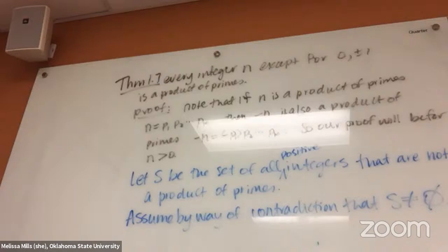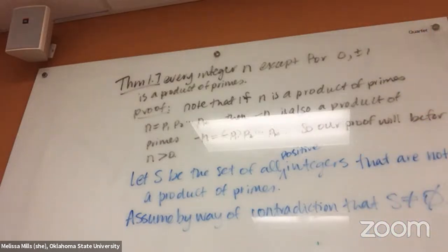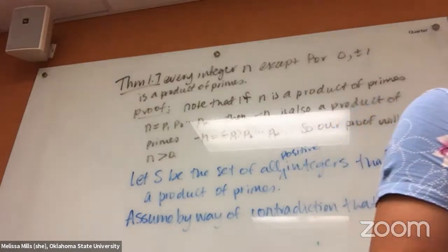And the fact is power, which is the definition of power. But then it's not prime, so. Or like one that is divided or